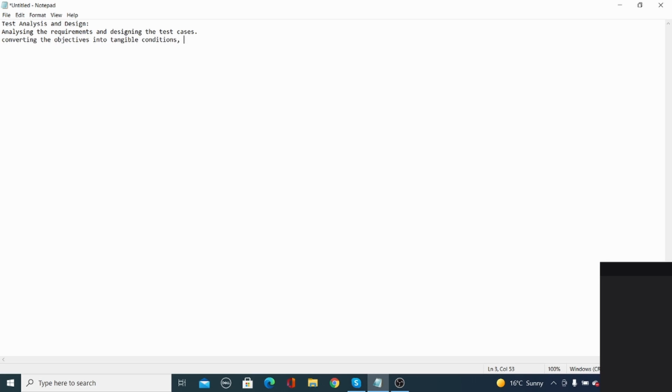So we have the high level, low level conditions. Now we have to go into detail so we can test them and design test cases.